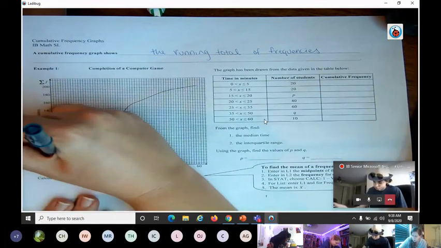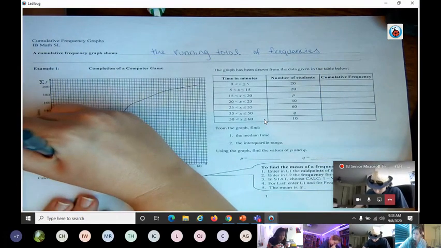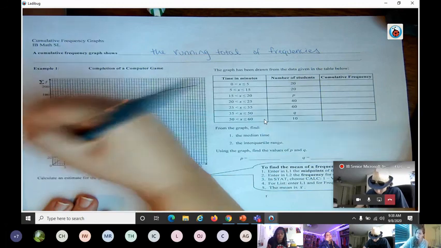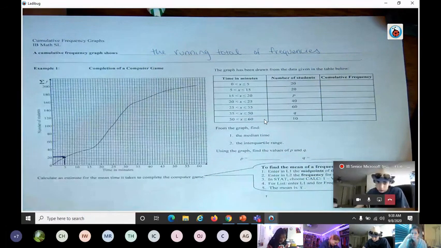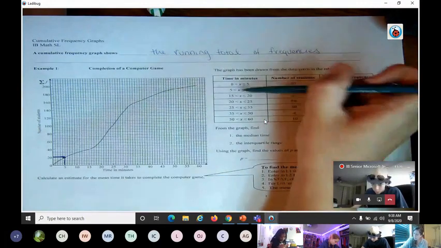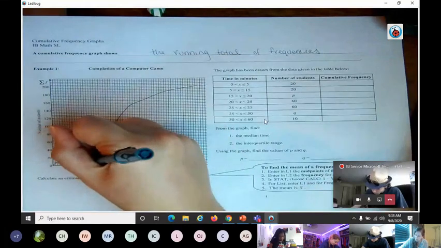And so cumulatively, we will have 20 students playing the game between 0 and 5 minutes total. Okay. And then if we look at the range between 5 and 15, if I go up to 15 and map it up to my function,